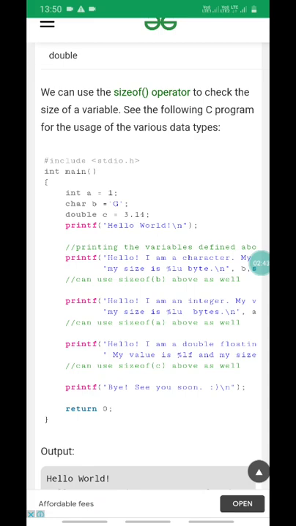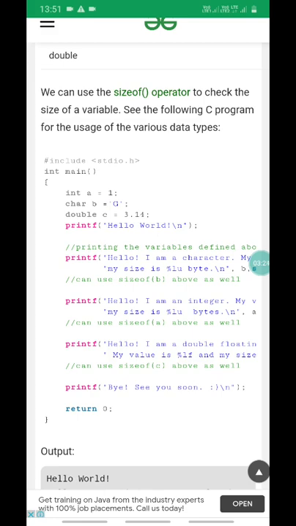b is a variable whose data type is char, meaning character, which holds a single character, that is g. double c is a floating point variable, and it holds the value 3.14. For a numerical value you do not need single quotes, but if you want to store any character, it requires single quotes. And then the printf statement, hello world \n semicolon, is the first statement, used